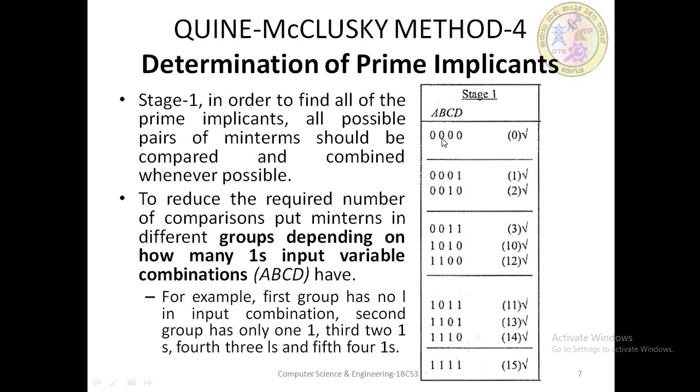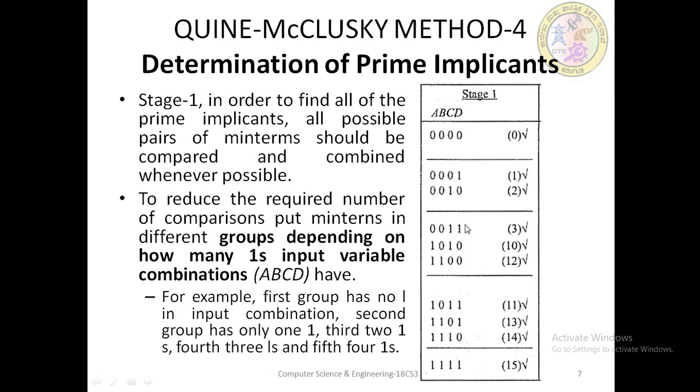Suppose we take the first condition, the 0th and 1 condition, 0 0 0 dash. Here the first 0 0 0 are the same, 0 0 same, 0 0 same, 0 1 there is a change, so here we need to put a dash. And if we take the second one, these two will be 0 0 only. Here there is a 1 bit change, we will put a dash here, and here it is the same. And next we will take these two. Suppose we take this one, here you can see there is only 1 bit change once again. So 0 0 0 0 same, 0 1 we need to put a dash here, 1 1 it's the same. So next we have to take these two.